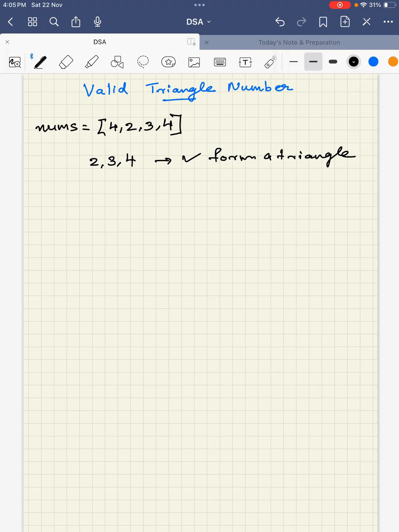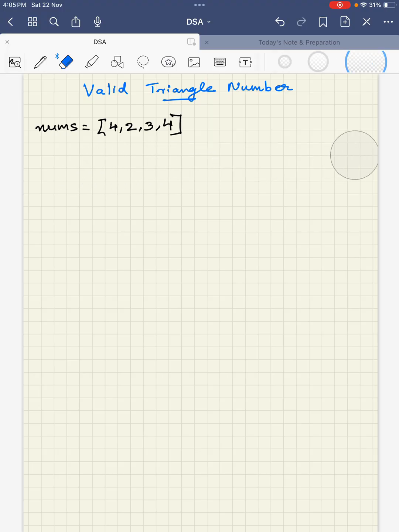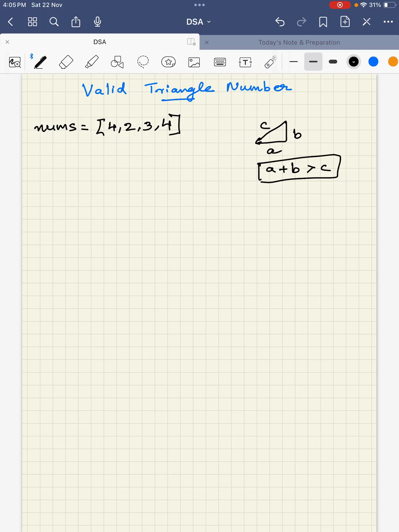And how can we do that? Mathematically, if a triangle has sides A, B and C, then to be eligible for a triangle, A plus B should be greater than C. This has to be satisfied. The sum of the lengths of two sides should be greater than the length of the other side. That's what we are trying to identify. So how can we do that? One approach